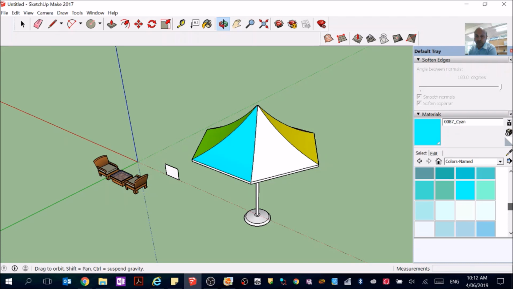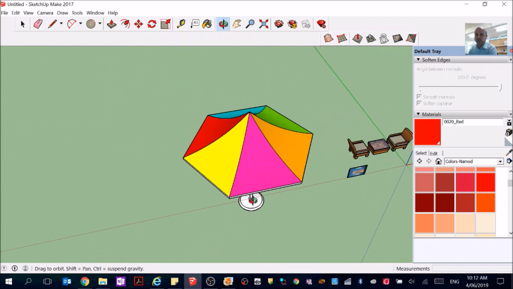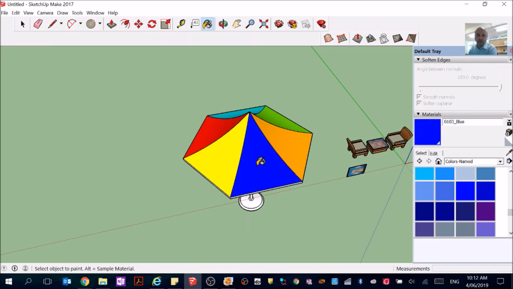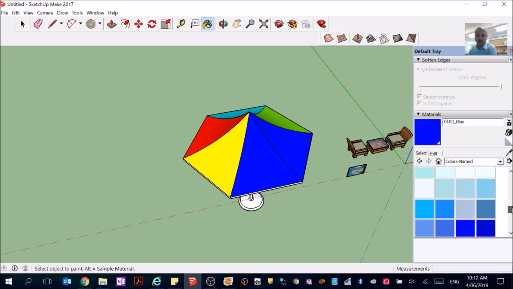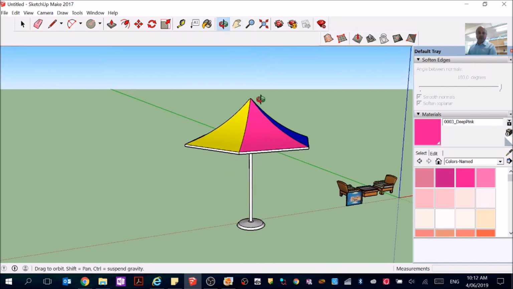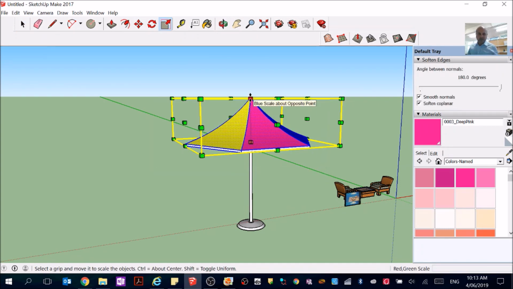Then I'll go and put, where's the red? Ah, there it is. So I'll go put the red color in, and then we might have to go and put in the blue color. Without that, it's incomplete. So I'll go stick blue in that place. Oh no, actually I'll put the blue in here, and I'll put the pink back in place. There we go. So I'll rotate it carefully now,